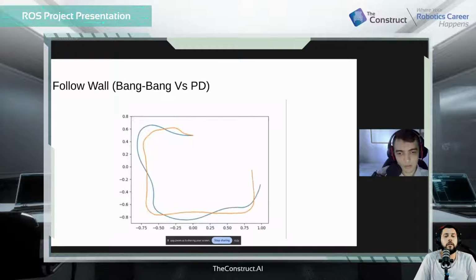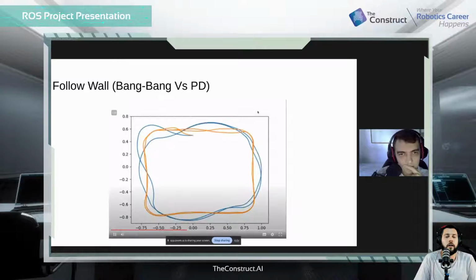And at first, it's not much different, but as we can see, as the trajectories overlap each other, we can see that the PD, which is the orange one, follows the bounds of the field much better than the bang bang controller. And this is in simulation, of course. I tried to do the same thing